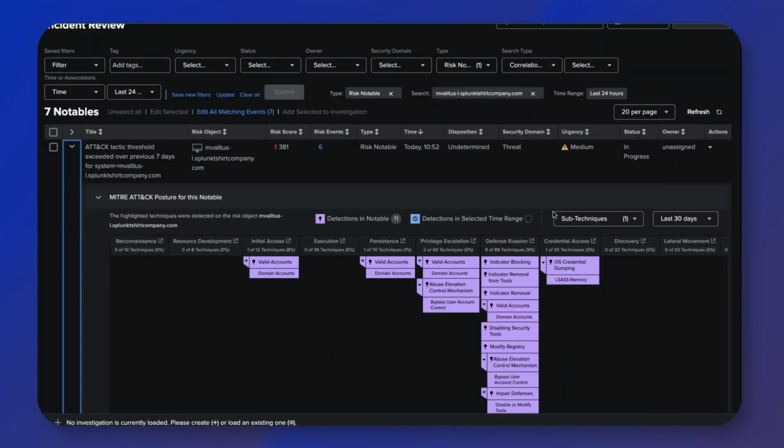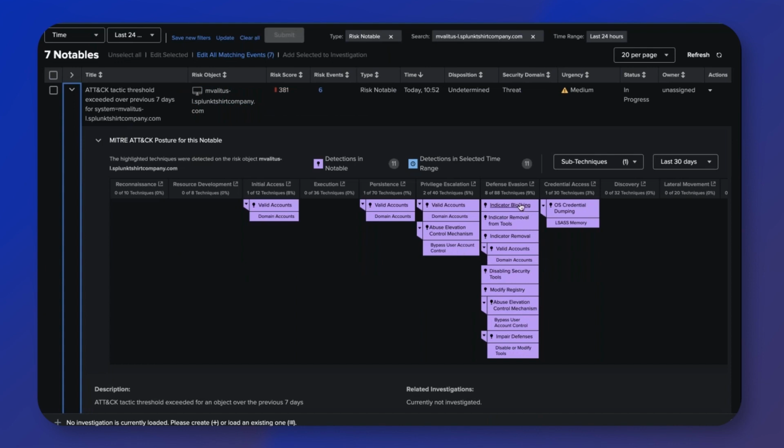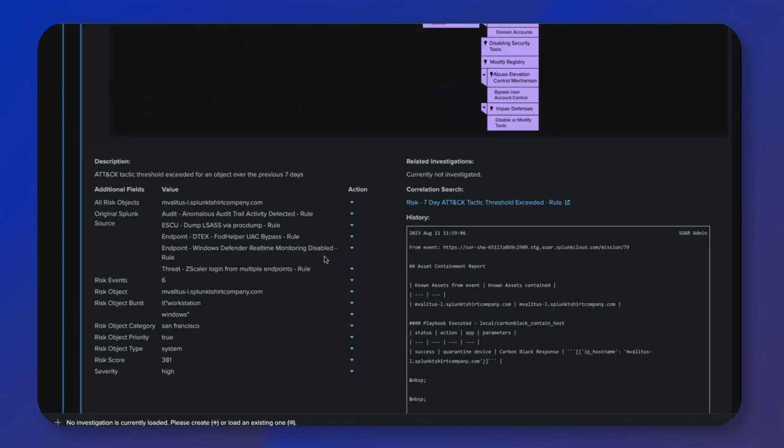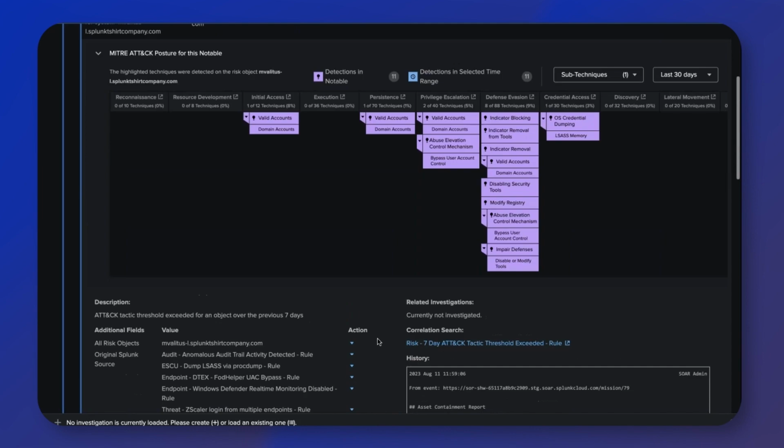that because it's a risk event, I can see all of the MITRE details, the annotations across the top, so I can get a much quicker insight into what's actually occurring with this particular asset in this case, because that's the risk object. So I can see all the different things that are going on there. I can get all that sort of useful key information down the left-hand side and anything that's going on the right. This one's actually gone directly to SOAR and actually been triaged in some respects already, which is why it's